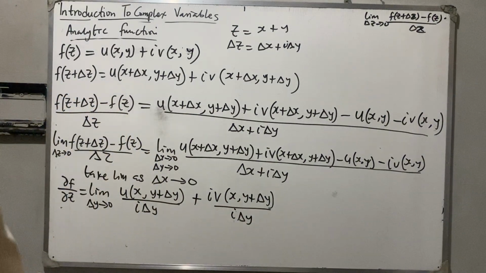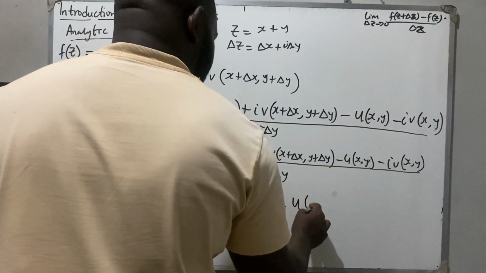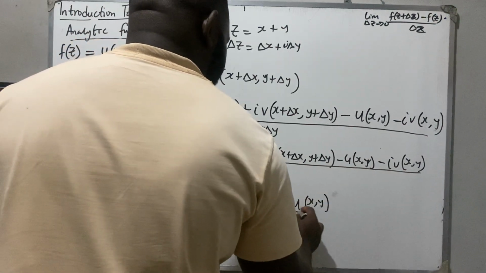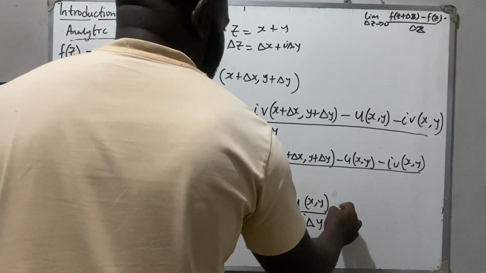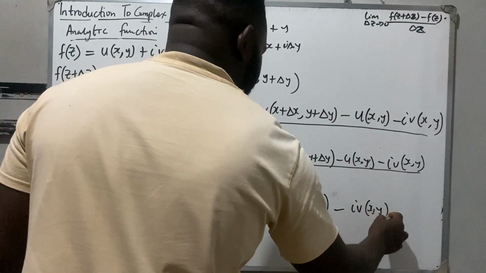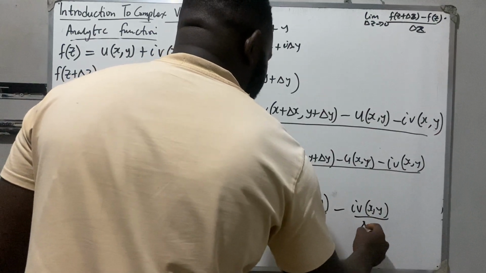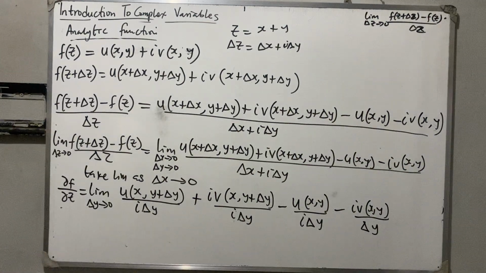The next one is this side now: minus u of x, comma, y over i delta y. Then this side will now be minus iv of x, comma, y over delta y. Okay, so now if you look at this thing very well, we're going to have